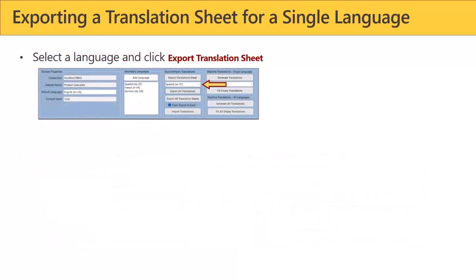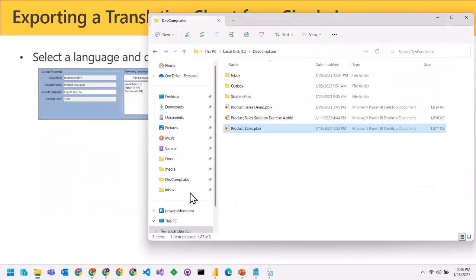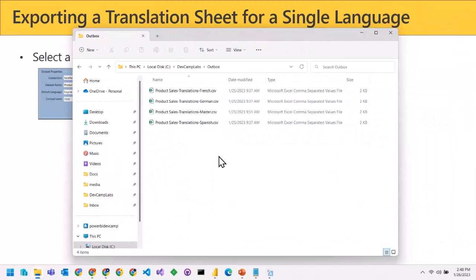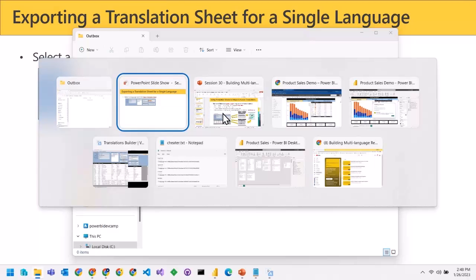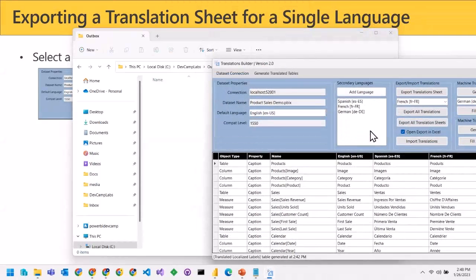And then let's say we want to export translation sheets. Now for this demo, let's say that I come back here and let's look at my outbox. Outbox is first. That's the thing where we're generating files that we're going to send out. Okay, so if I come back here and let's say that at first we'll take Spanish,